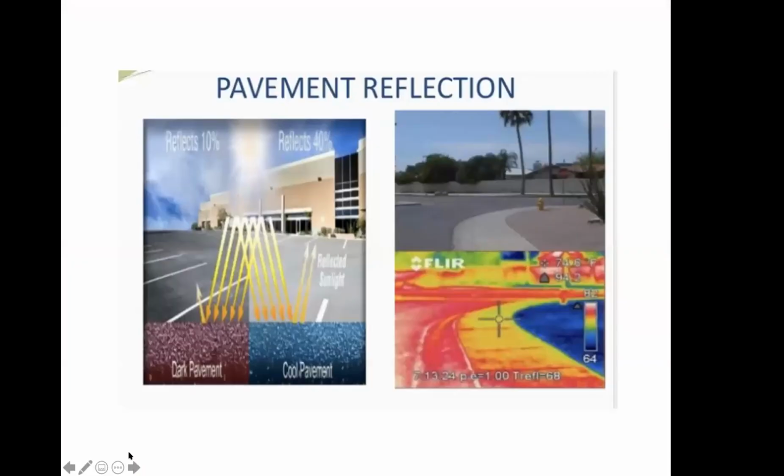These two pictures right here are great indicators of how this process works. If you look at the picture on the left, the dark pavement has an albedo of 10%, meaning only 10% of the energy that strikes that surface is reflected. You can see from the long arrows of visible light coming in through the atmosphere, the small arrow is the percentage that's being reflected. The rest is being absorbed, and of course, later on, that will be released as infrared